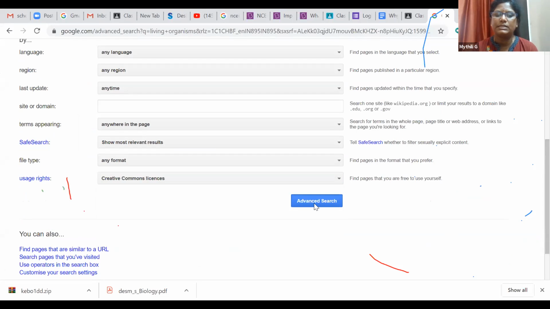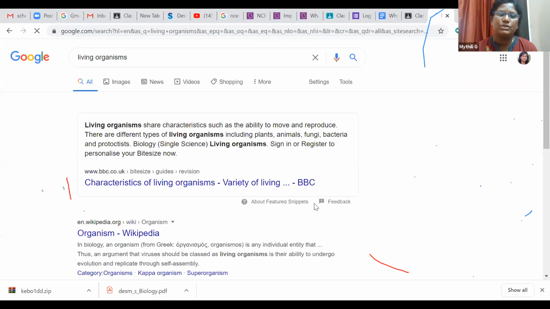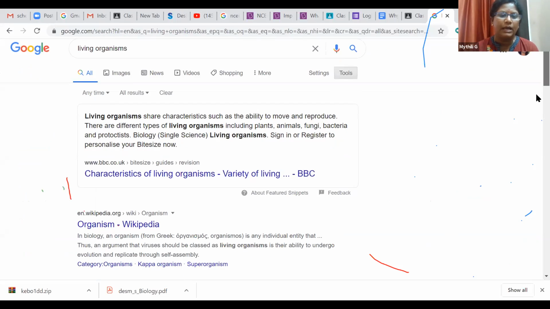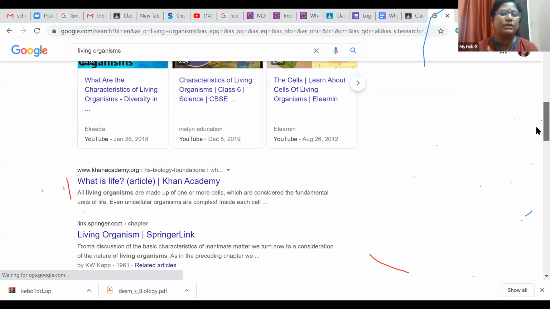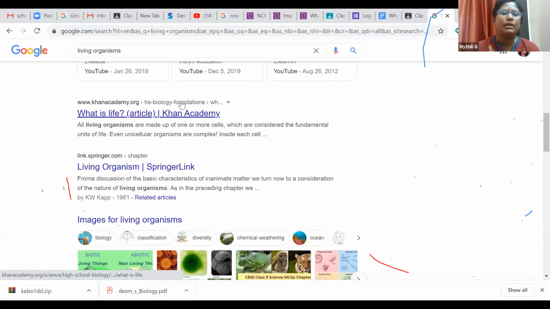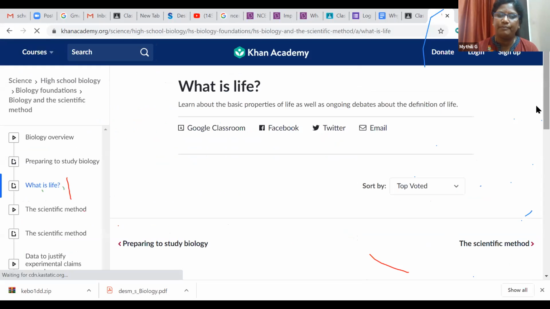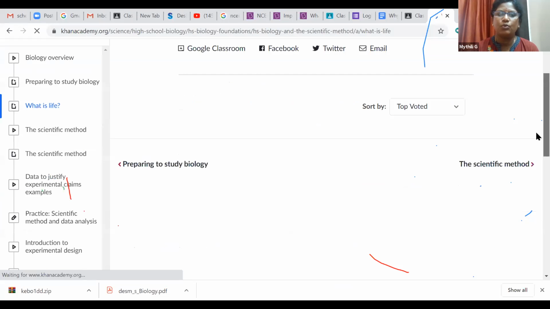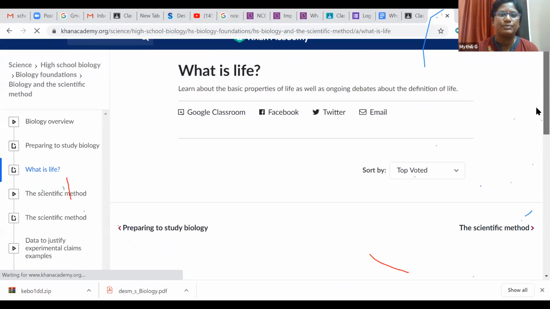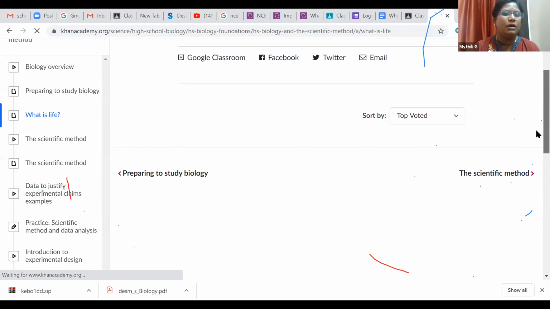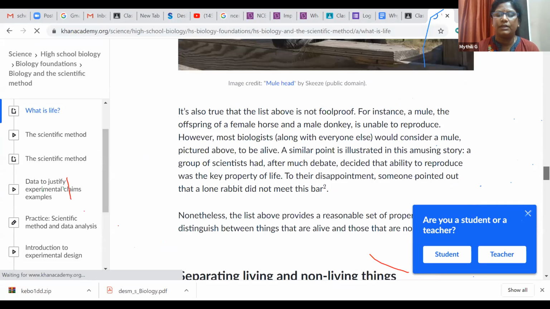You can go for the Creative Commons license. Now if you do an advanced search in this, you can find some of the material. Okay, the Khan Academy material is available here. Suppose you are going for this material specifically, this material is coming up, and you can see whether we can use it or not.